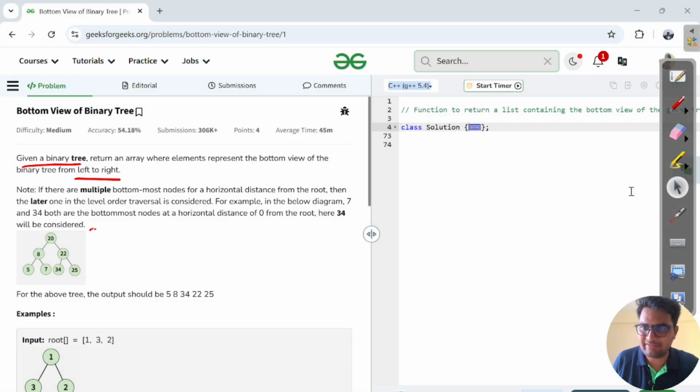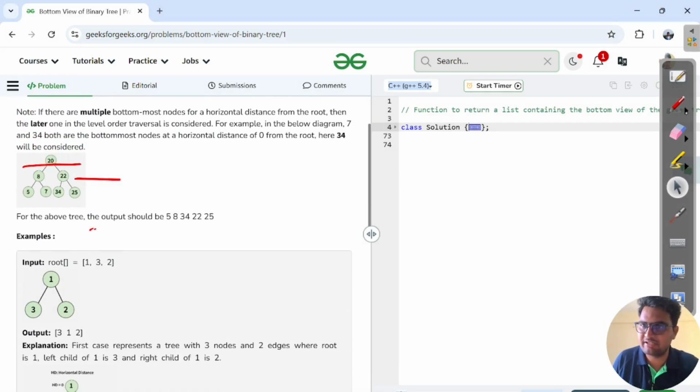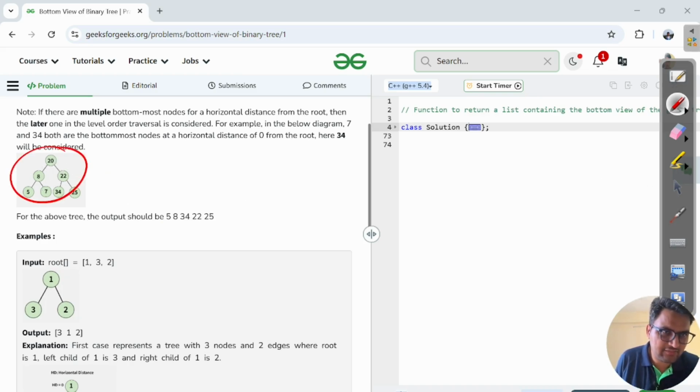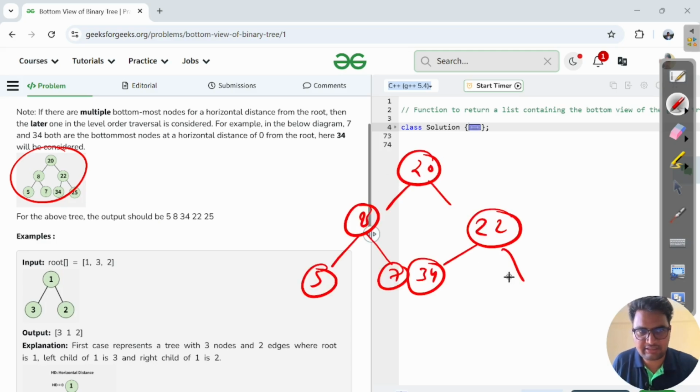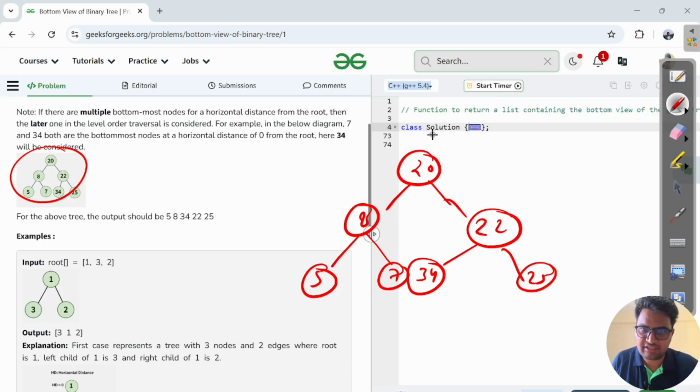So what it is saying, basically, I hope you are clear with the distance now, because in the last video we have calculated the distance, right? So here this is the given tree, right? Let me write it here, 20, and this is 25, correct? So this is the given tree. Now see here how we will calculate distance. We just draw vertical lines,